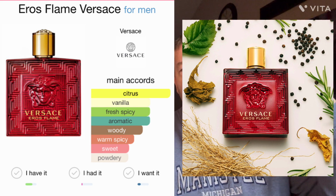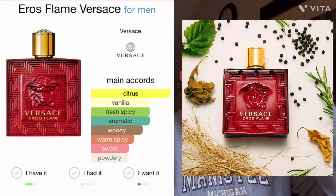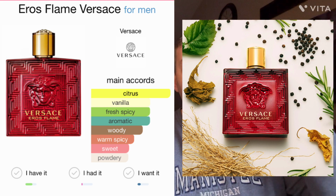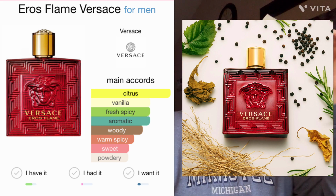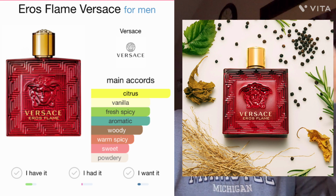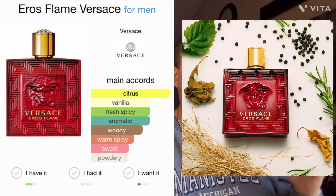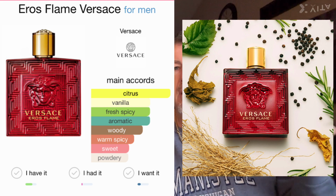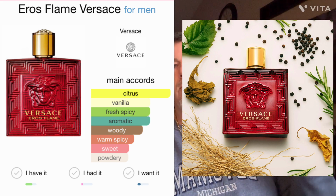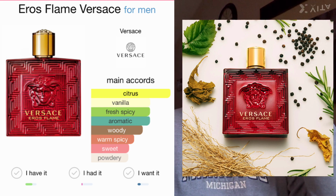It's got a lemon cake, like if you ever get that lemon loaf from Starbucks. It's kind of got that vanilla sweet lemon cake vibe to it. Oh man, this is good, guys, and it's so well rounded with a warm, heavier base of tonka bean, sandalwood, Texas cedar, and patchouli to really keep things calm. The oak moss, just the perfect kick to this thing, the perfect additive to give it a masculine